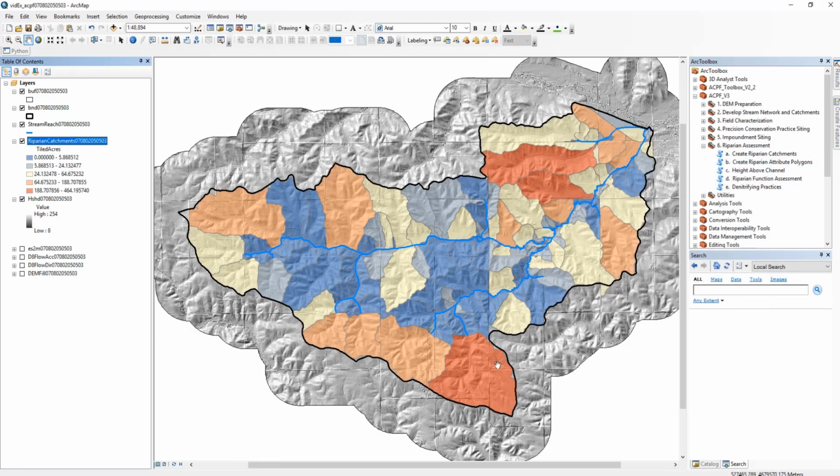Okay. We can see these red to orange colored catchments have the most acres that are tile drained. Not surprisingly, some of them are headwater watersheds. Well, most of them are headwater watersheds. So you would now have a better idea where those edge of field practices or riparian practices that address tile drain water would be better suited as compared to these blue areas where you're likely to have less tile drain land there.